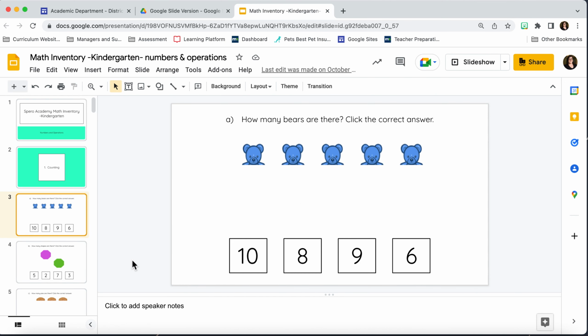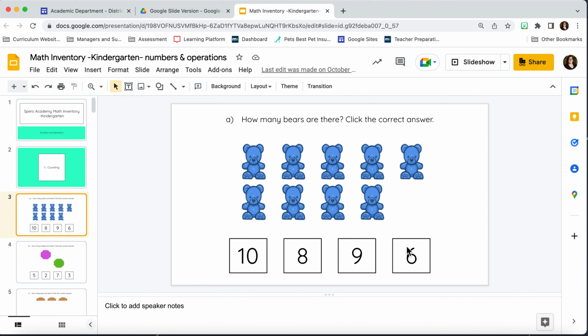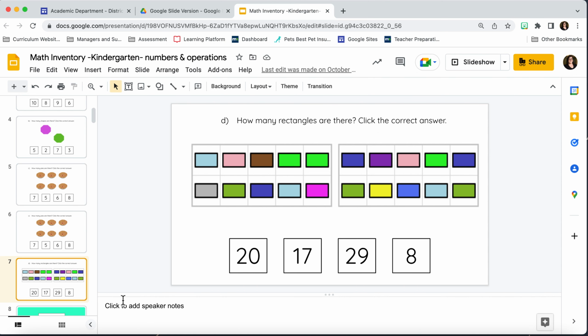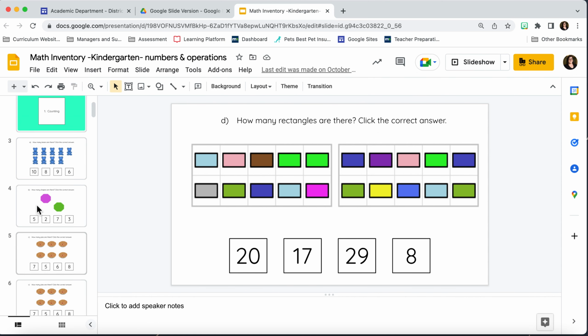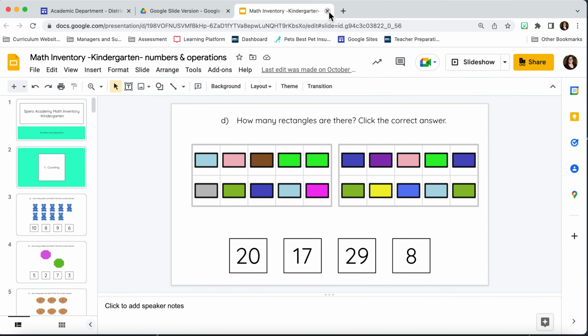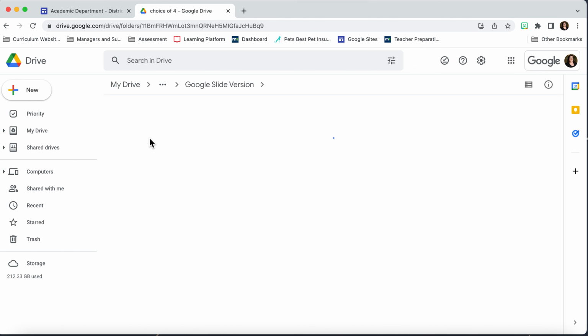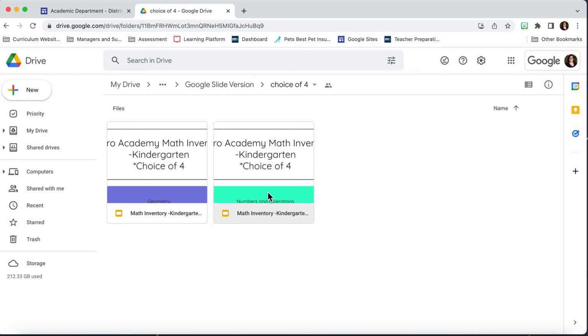So we'll have them count the bears and then they select their answer. We made these predominantly for distance learning, but we also turned these into Seesaw activities as well. And then we have the choice of 4 Google Slides,